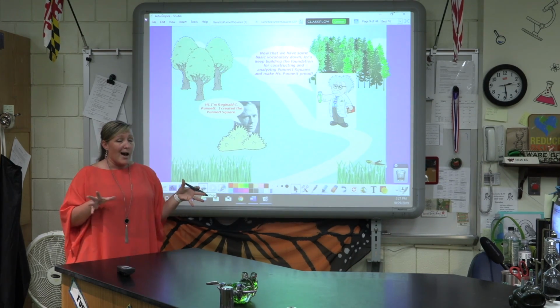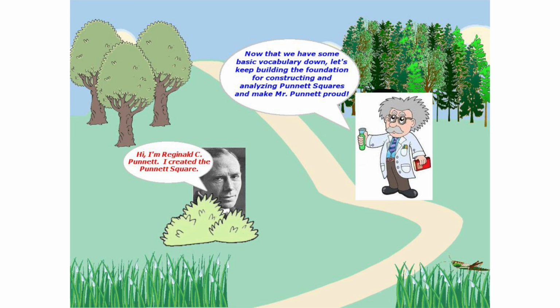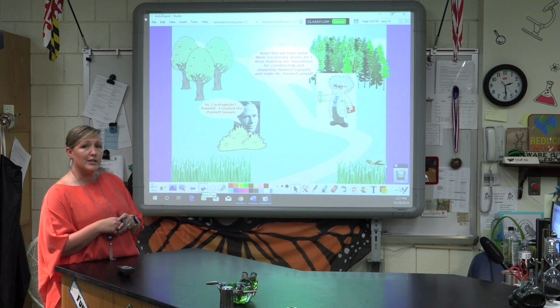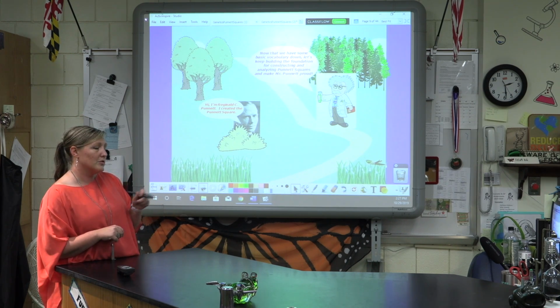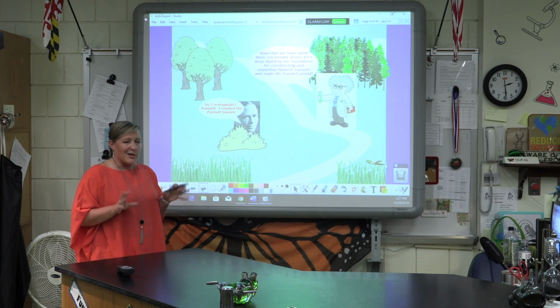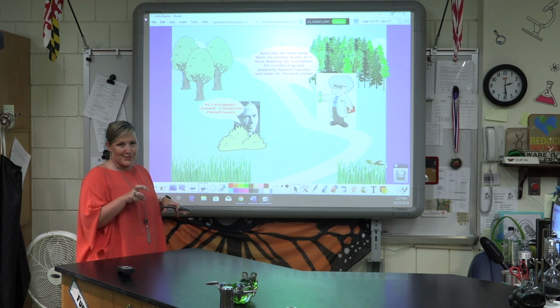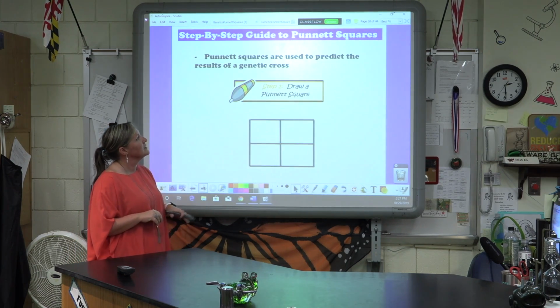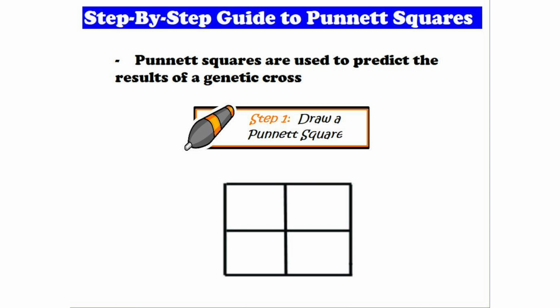So now that we've got a good understanding of our genetics vocabulary, it's time to practice with Punnett squares. So if you have a piece of paper, it'd probably be a really good idea to grab that now so you can jot down some notes while we go through. Punnett squares, I always tell my kids, are like a puzzle. They're really, really fun to look through and figure out the answer. So the first thing you do, the kids love this, you draw a little window. 4 boxes,